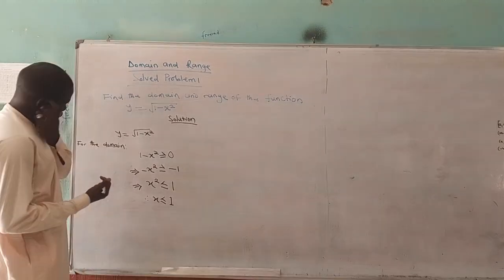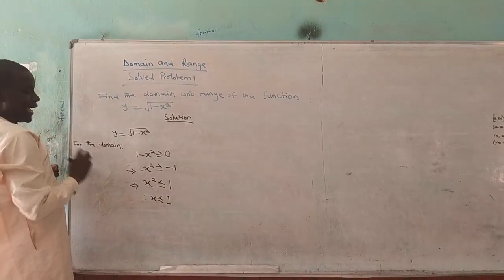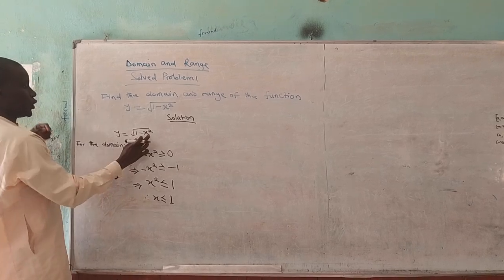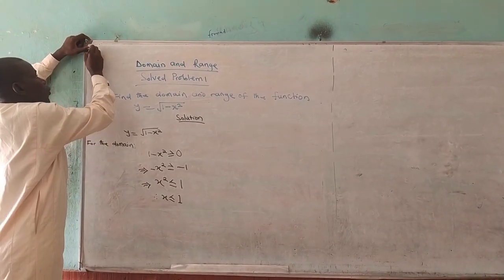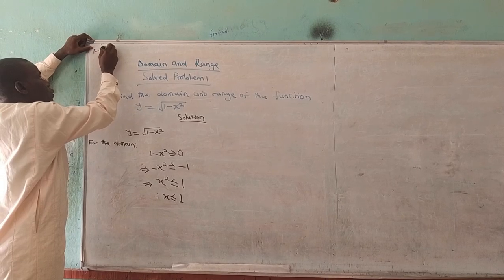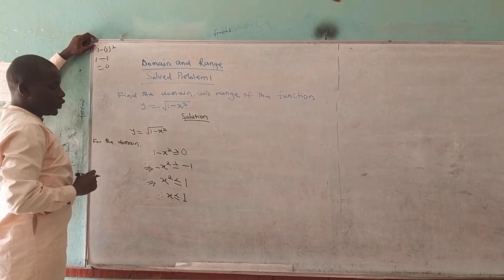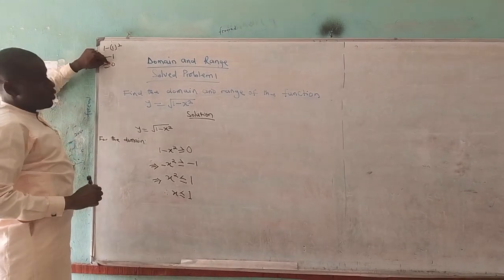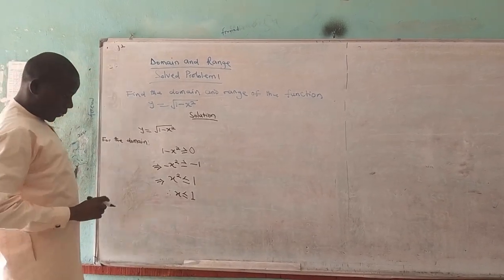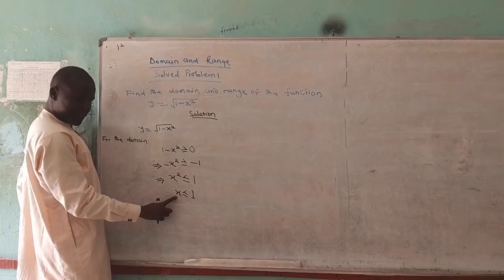Let's take 1. So at x equal to 1, what will happen to the expression inside the radical? We have 1 minus 1 squared. 1 minus 1 is what? 0, which means y also has a real value. So the only values of x